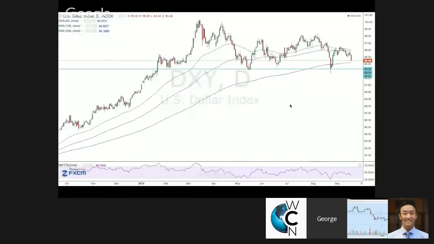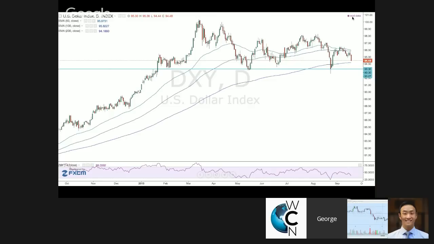So as you can see, the dollar is coming into critical support on two levels. One is the 200-day moving average, and then I drew this blue line across, which is about at 93.90. As the U.S. dollar weakens, it could be a boon for some emerging markets economies, who have a lot of their debt priced in U.S. dollars, and their currencies might get a little bit of a break.